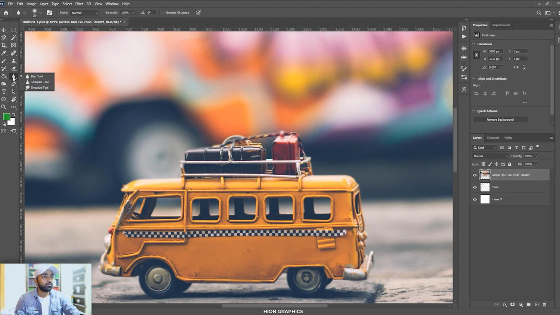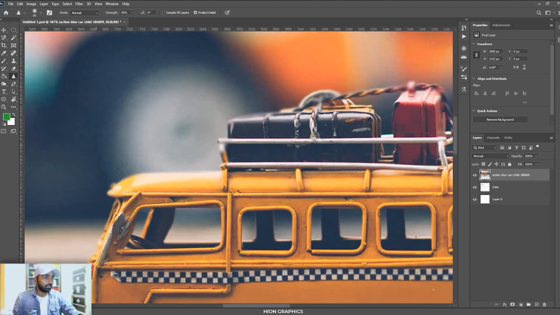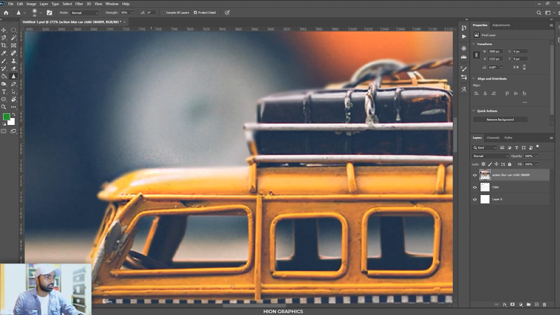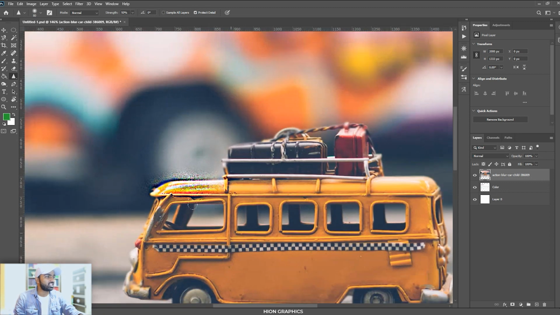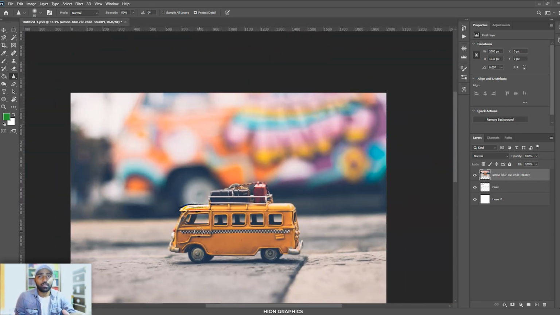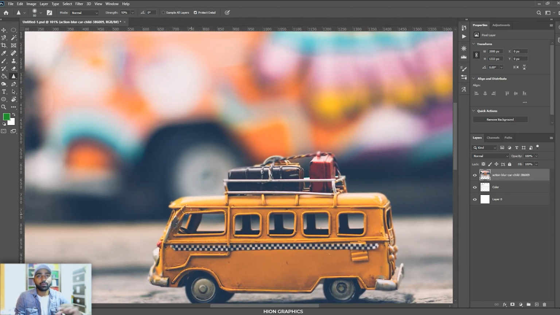Okay, if I go to the sharpen tool, what sharpen does differently is it changes the blur to a sharpen effect, and we will be seeing that. So just see how it is sharpening that particular area. You can see that, right? It's creating some sharpening effect. Sometimes you want to control the level of sharpening.